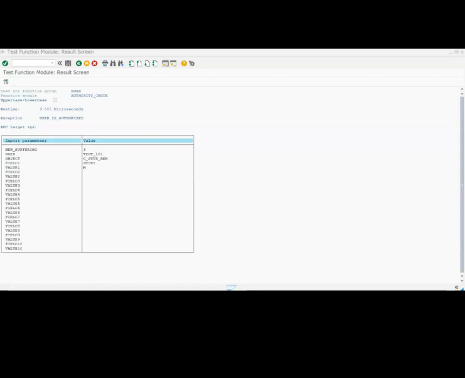Generally, they plan to include it at the end of the report, once all the activities are done, but generally it gets skipped. So as a best practice, it is always better to have the authorization objects also listed inside the functional specification, so the developer can use them and build the required authorization checks for the custom report.